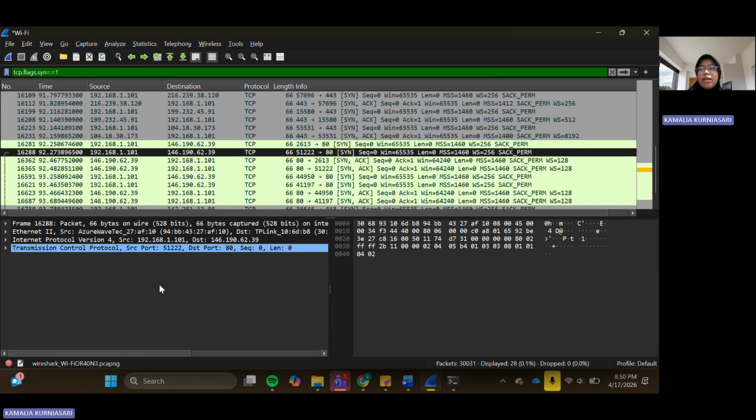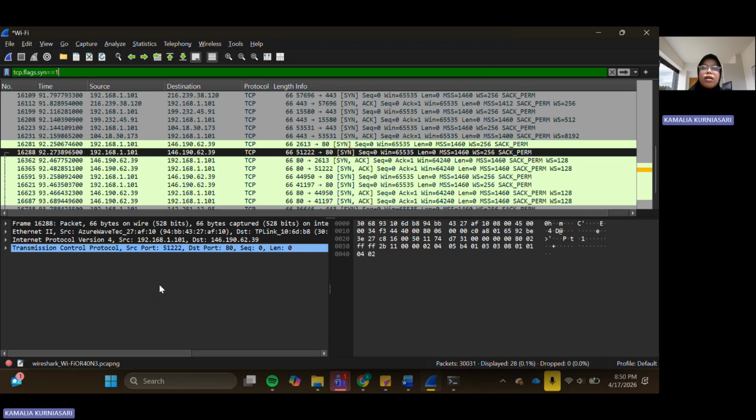We can identify devices, detect open ports, and monitor network traffic effectively. These skills are very important, especially in the field of network security, as they help us understand potential vulnerabilities and improve system protection.